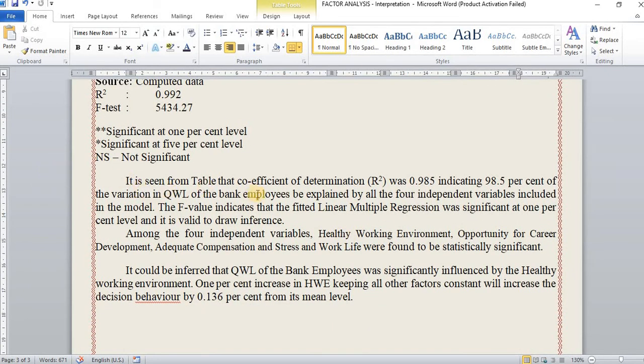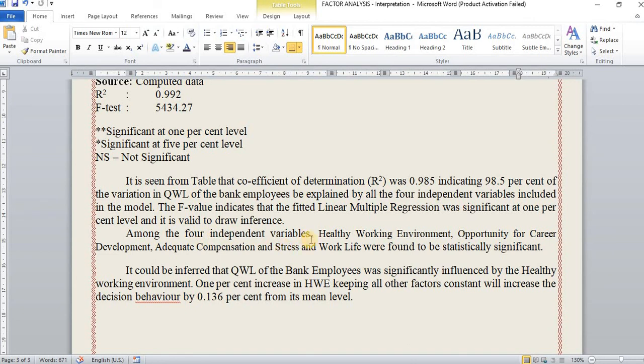It is seen from the table that the coefficient of determination R square was 0.985, indicating 98.5% of the variance in quality work life of bank employees is explained by all 4 independent variables included in the model. The F value indicates that the fitted linear multiple regression was significant at 1% level and is valid to draw inference.